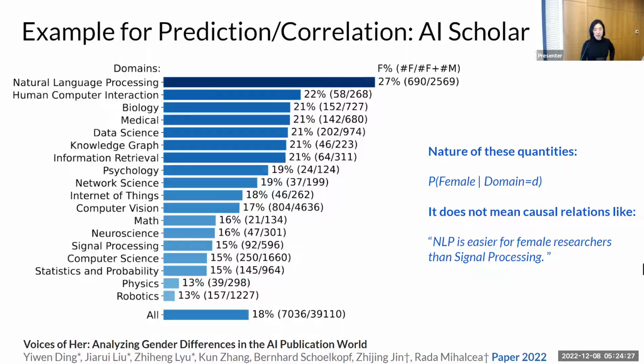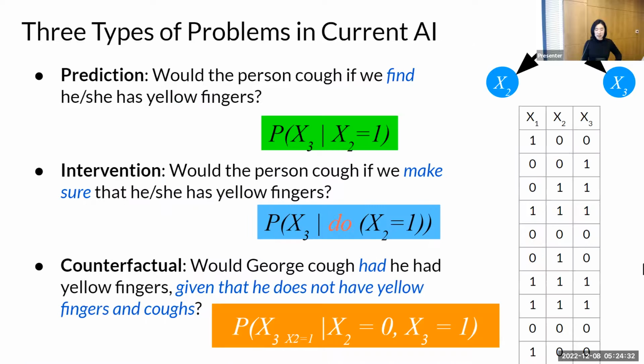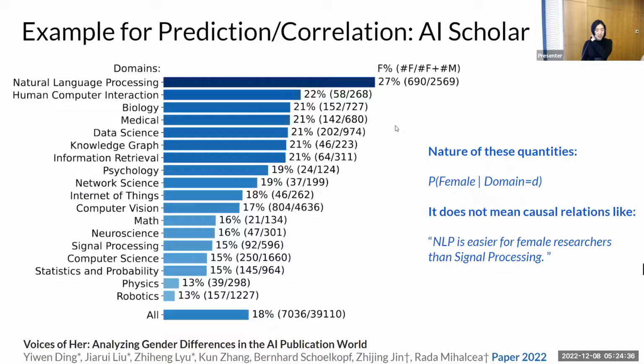Now I'm going to add some examples related to NLP to supply these cases. The first case I would supply is prediction. Basically, anything that shows correlation among the data is the first type. One example study that we have conducted is to check how the gender proportion relates to different areas of research. So basically, you crawl a data set of different research areas like NLP, HCI, and so on.